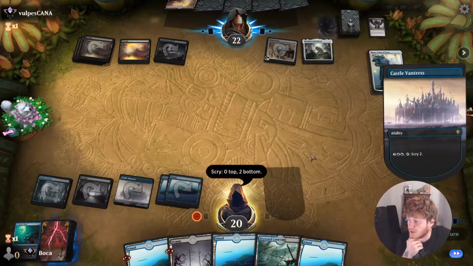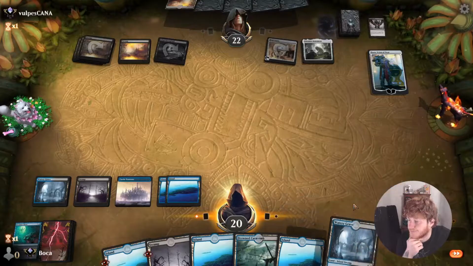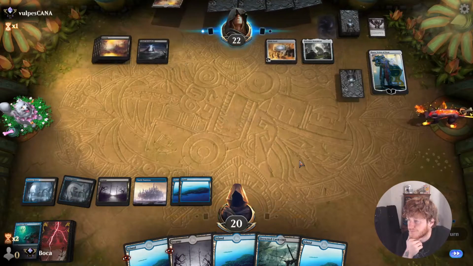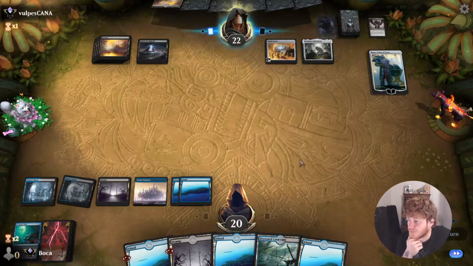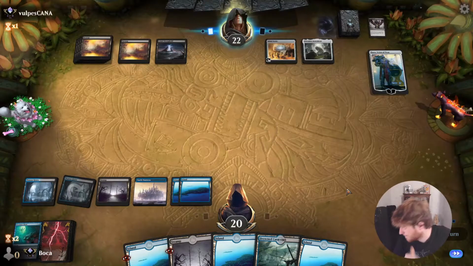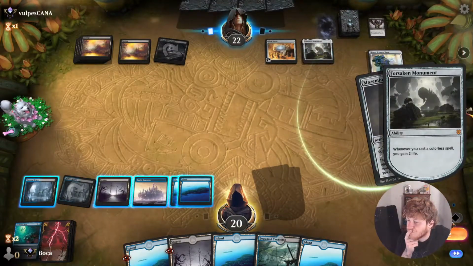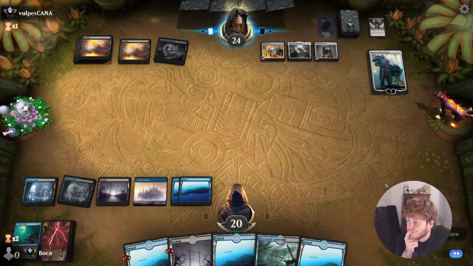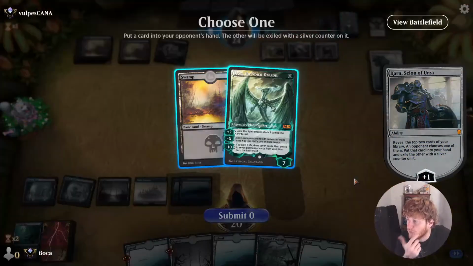I think I put a stop on the upkeep too. Right, I guess it really doesn't matter. We'll play that tapped and pass. And now he's got the Forsaken Monument with the Karn. Okay, still not going for the creature token. I would be putting so much...